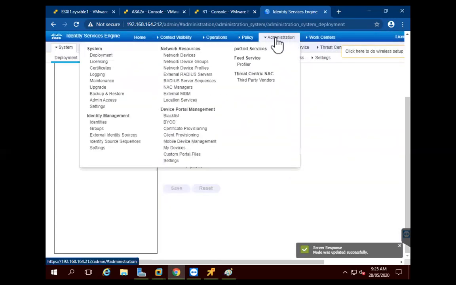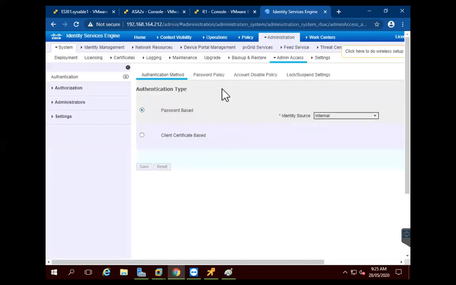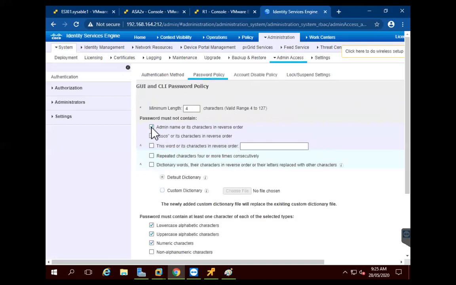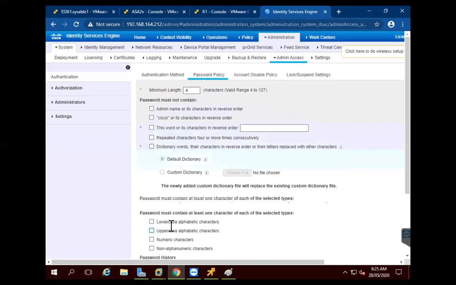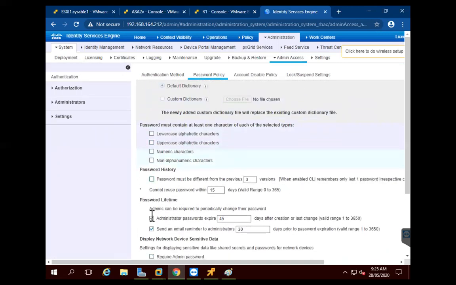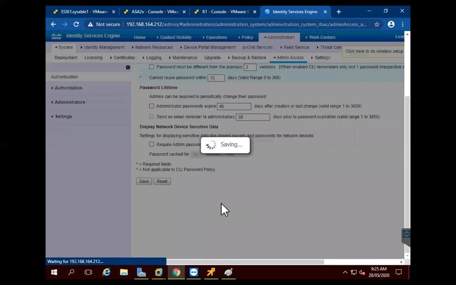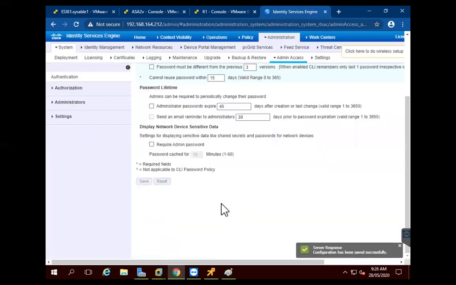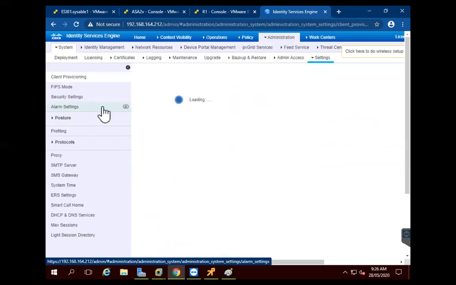And next, go to the same Administration, System, to Admin Access. In the Authentication, go to the password policy and uncheck everything, because I'm just removing the policies required for a strong password, like a user with capital letters and all those things. And I say OK, save. So that by custom I can create my own user and password.